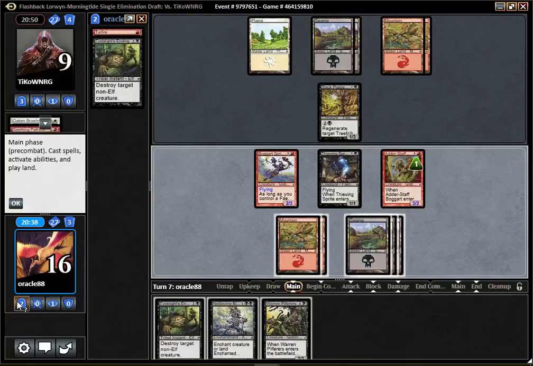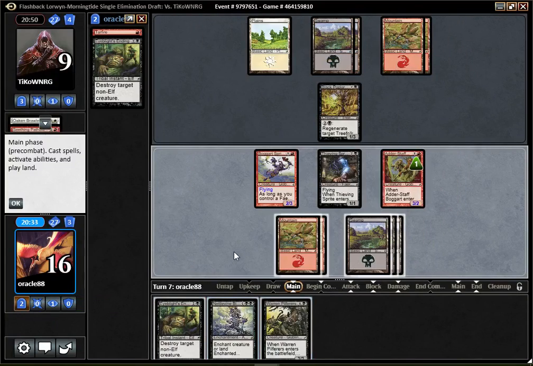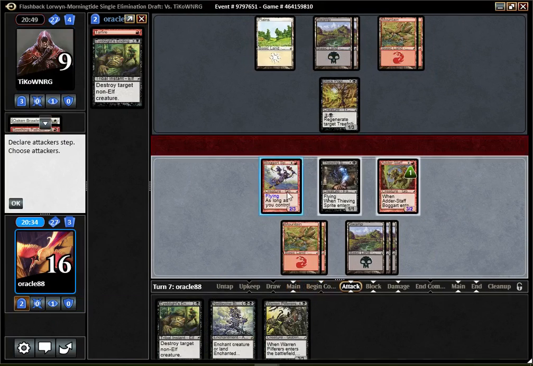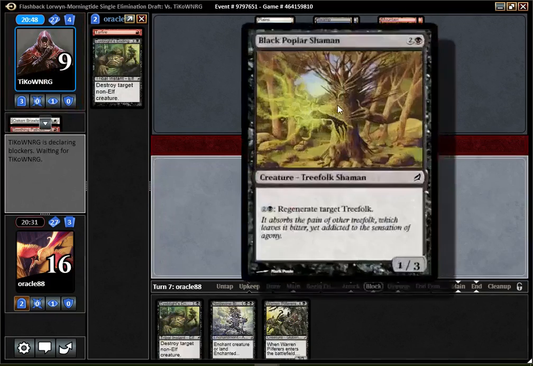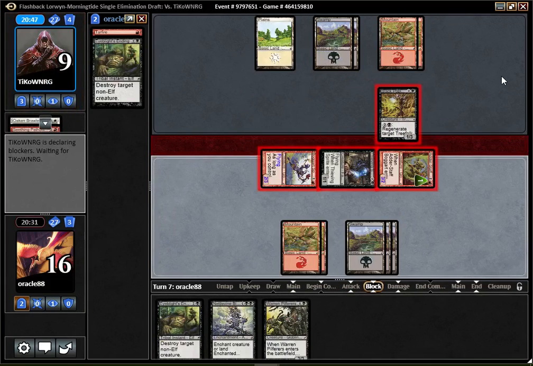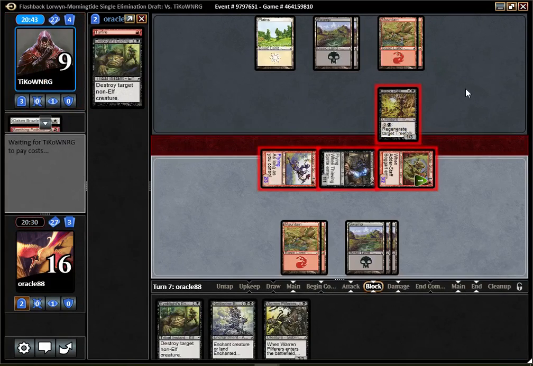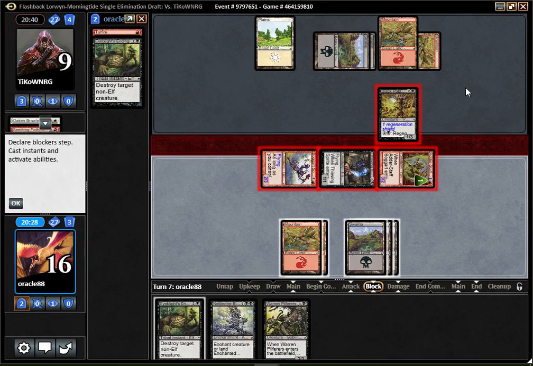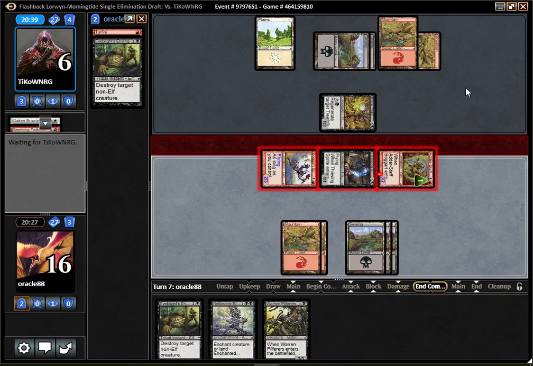Pilferers. Unfortunately, that cannot get back my Tarfire, otherwise I would, you know, pick it. I guess I'm attacking with everything. They are probably just going to block and regenerate, but it's fine. I will not end that thing. Again, I don't really care about it, and I'm very positive that my opponent has some big giants in hand